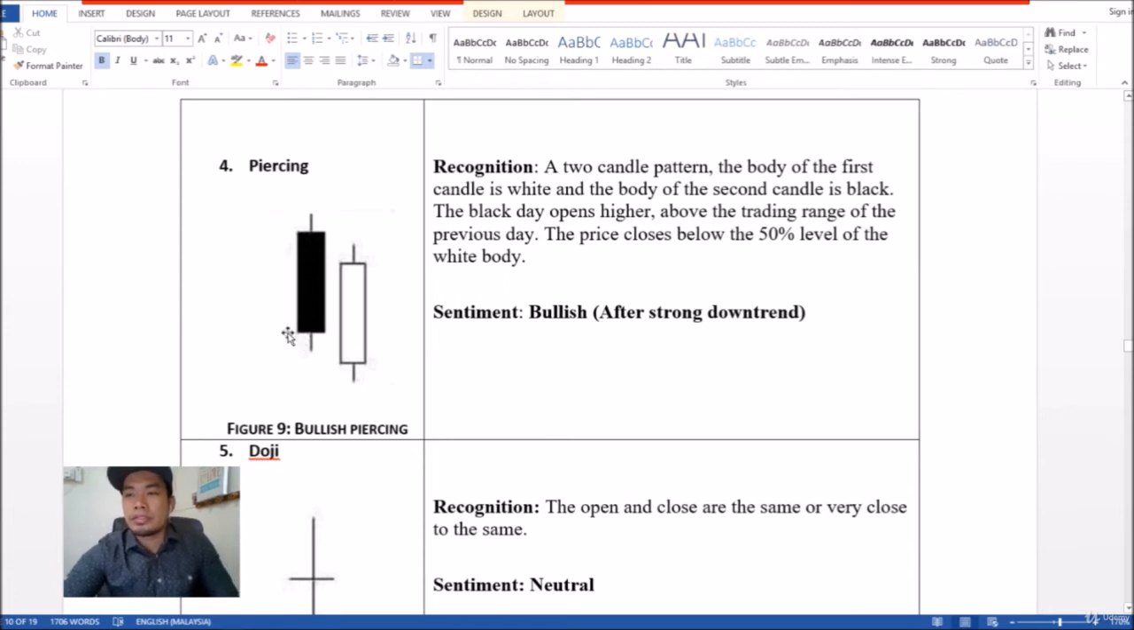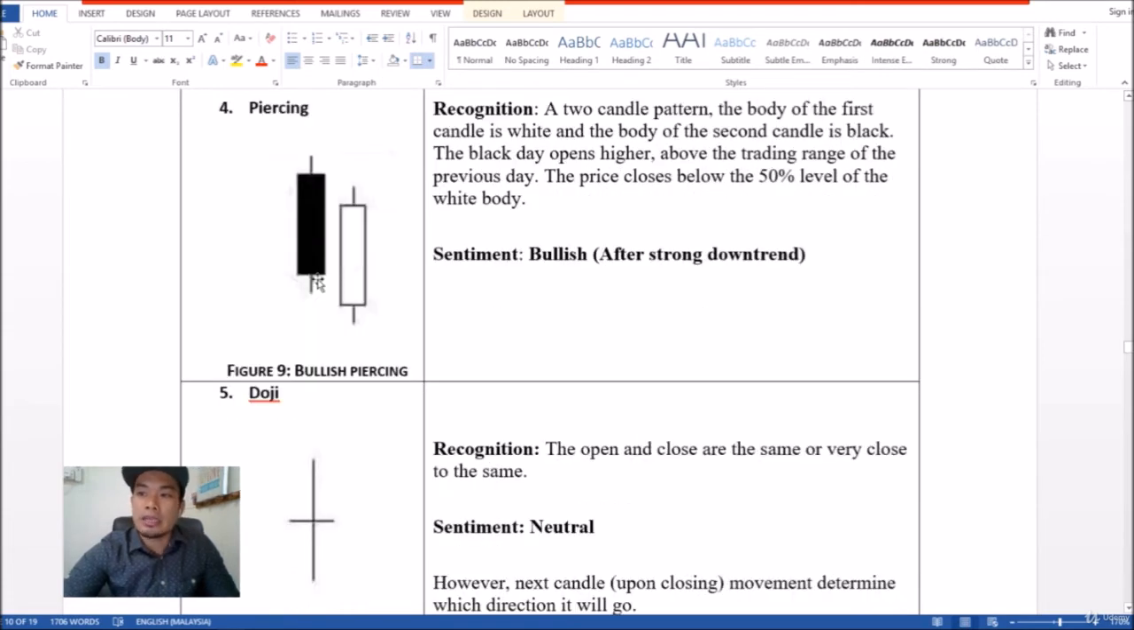All right, as you can see, this piercing candle, this second candle, closes higher than the first candle, more than 50% of its body. And for the opening, it opened gap down, and yet the buyers coming in close higher, more than 50% of the first black candle, resulting in a bullish sentiment in the market. Bullish sentiment is coming in, and the reversal